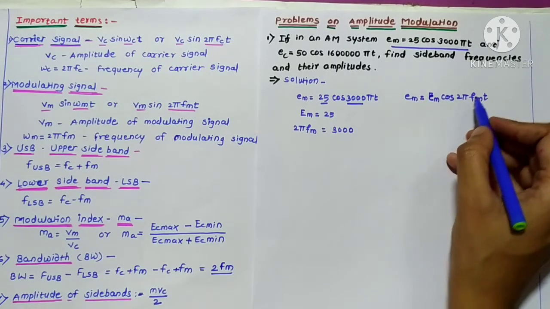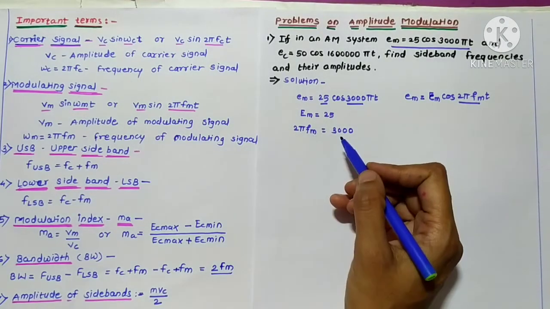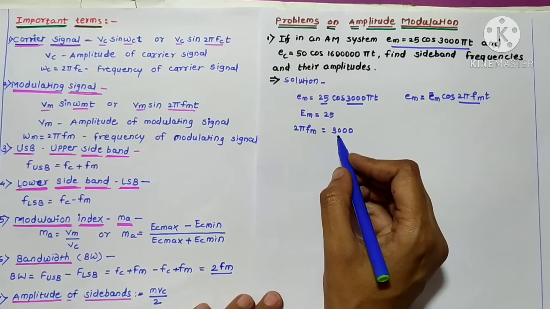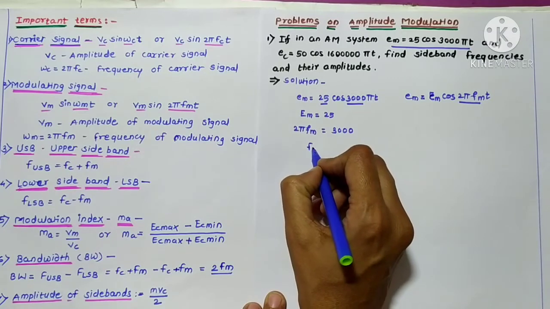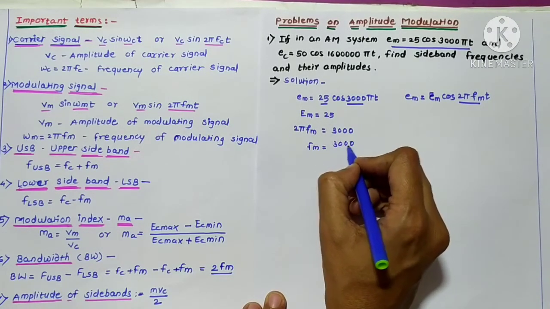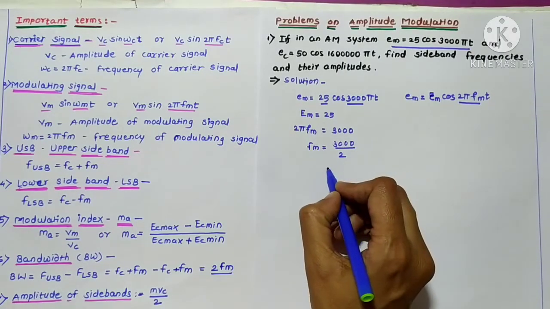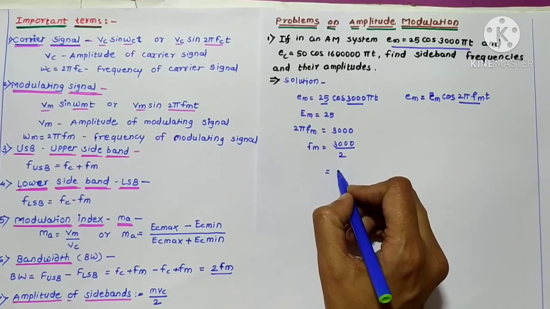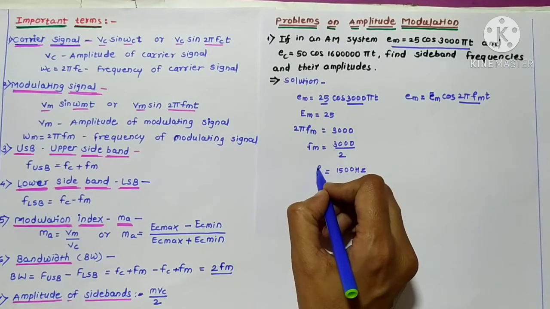Okay, from this equation this is 2 pi fm equal to 3000. But we have to find out only fm, so therefore fm is equal to 3000 divided by 2. So we'll get the value of fm is 1500 hertz. Okay students,